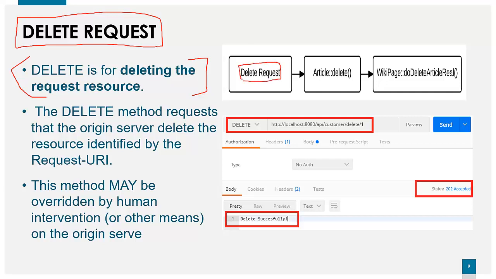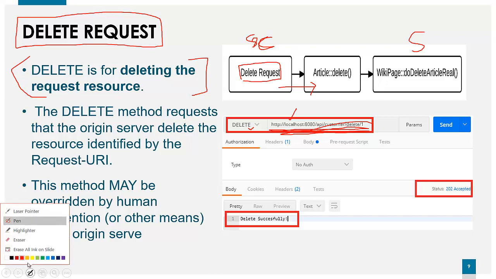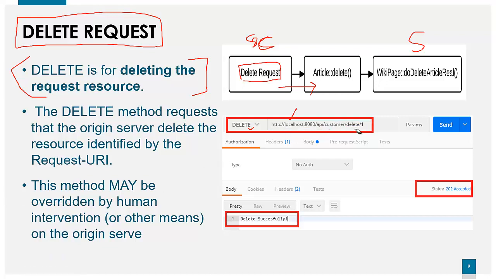So see that here is our client, and then here is our server. It will send the request here. This is the Postman software that we will also use in the Node.js series. So this is a POST request, and here is a DELETE request. Let me use the eraser here.